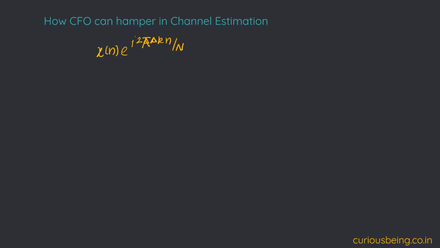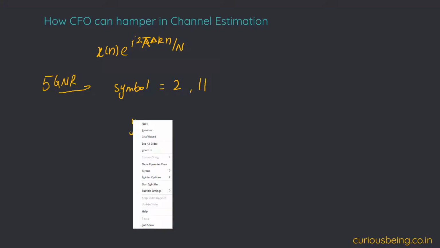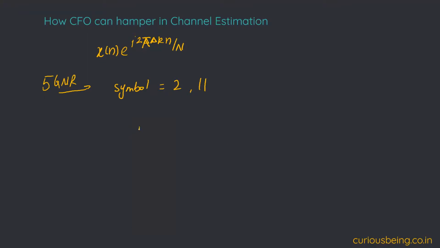Let's assume that there are two DMRS symbols. For example, in 5G NR, let's say my DMRS symbol is present at symbol number 2. NR has a provision of having up to 4 DMRS symbols in one slot. So let's say we have two DMRS symbols, at 2 and 11. In that case, for both DMRS symbols, let's say I'm writing it as Y1[n], X[n], and yeah,